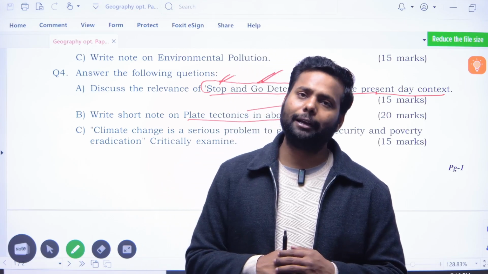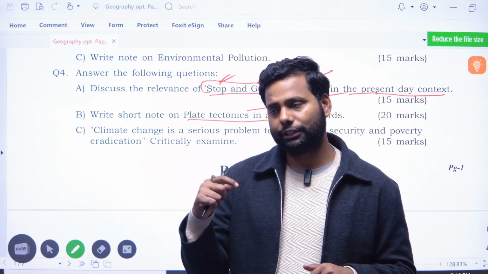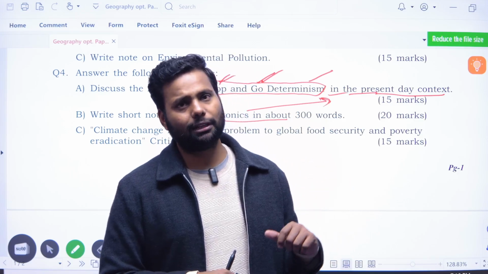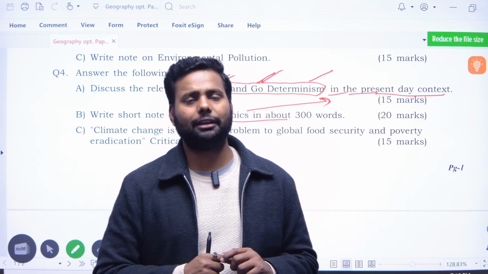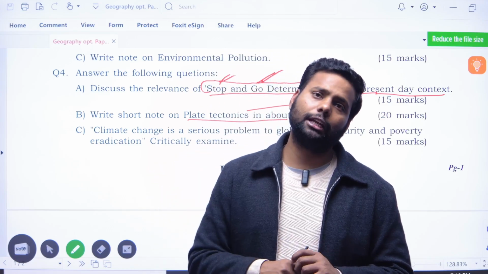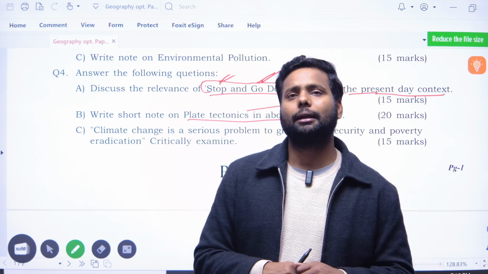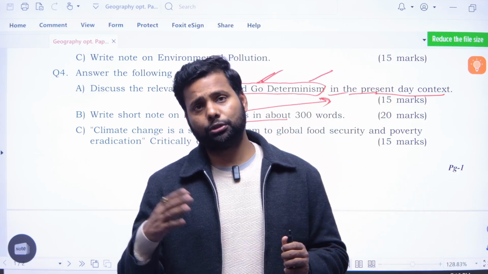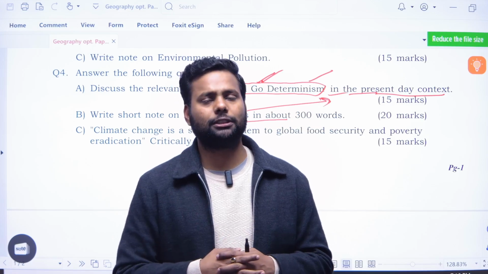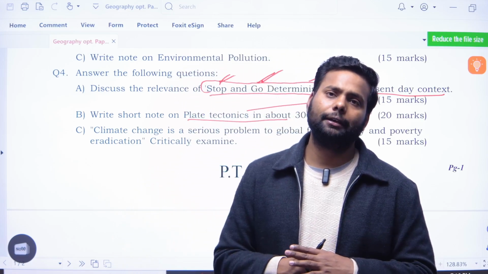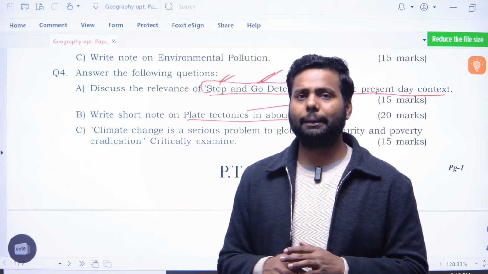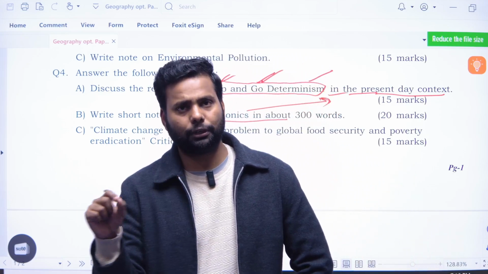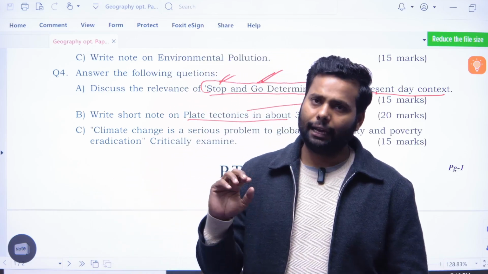There are two types of plate on the basis of structure: one is the continental plate, one is the oceanic plate. On the basis of density, there are two plates: one is the less dense plate, like the continental plates, and one is the heavier plate, the oceanic plate. We all know that the continental plates are made up of granite and gneiss, that is, felsic rocks. Oceanic plates are made up of basaltic rocks. So you have to keep these thoughts in your mind, and maintain how many major plates, micro plates and mini micro plates there are. You have to put all the numbers and make the diagram, and then